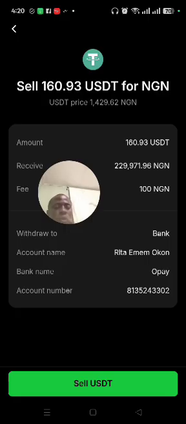Then once you click on sell, the money is confirmed, it's transferred to your account. Once you click on sell, the money will be transferred to your account. So that is how to